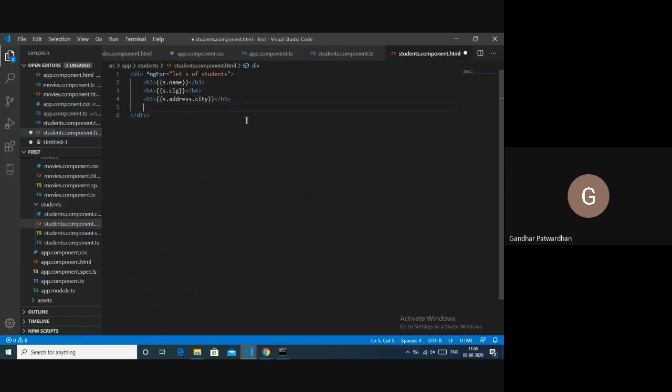And I will use, let's say, another div. Inside this div, I will use *ngFor equals let m of s.mob, and inside this, I would simply display in a p tag, I'll bind my m.